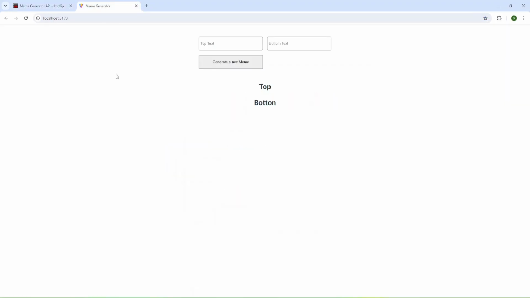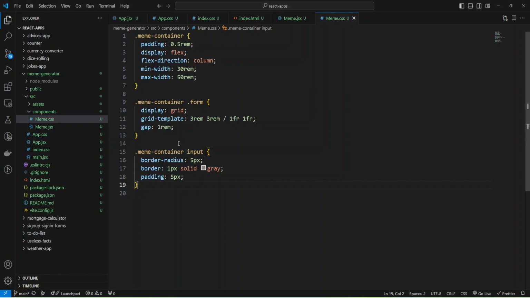Okay, as you can see, we have our inputs and our button, and now we can adjust styles for button. And let me do it.